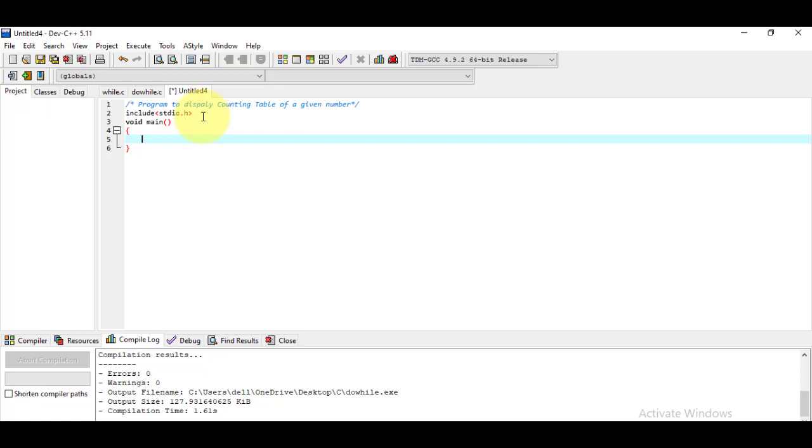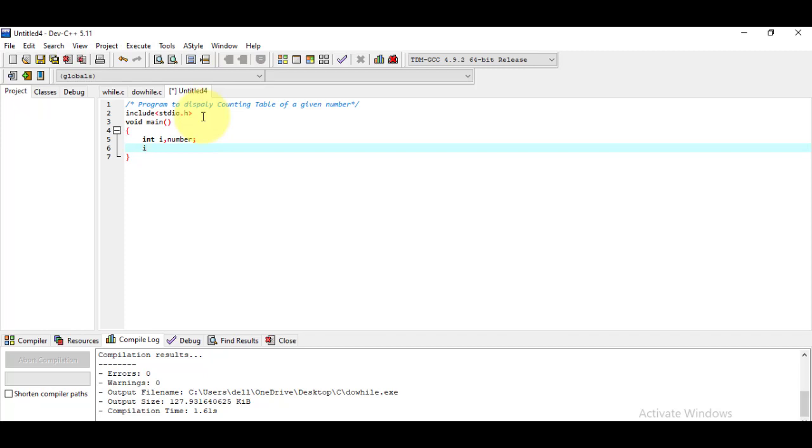So what I'm doing, I'm declaring two variables here of integer type, int. Say here I'm taking one as I, and another variable I'm taking as number. I have declared two variables here because we have to make the counting, so I have to multiply those numbers accordingly. So I have declared two variables, I and number.